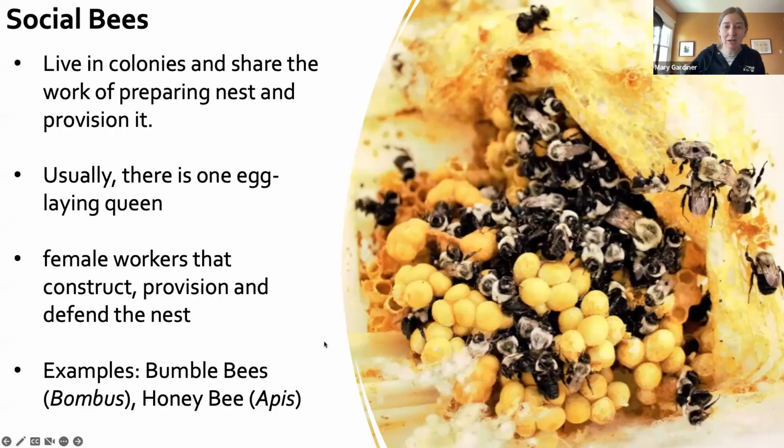These bees range a lot in how they live their lives. We have some species of social bees. Social bees are insects that live in colonies and groups where they work together to provision a nest and take care of it. Usually in these systems, there's one queen that's laying the eggs, and then there are workers who are constructing the nest, feeding the offspring, going to collect food, defending the nest, things like that. There are a few different species of bumblebees here in this state, maybe about 8 to 12 different species. And also the European honeybee is a bee, of course, that lives in colonies.